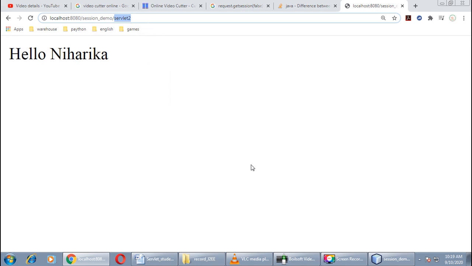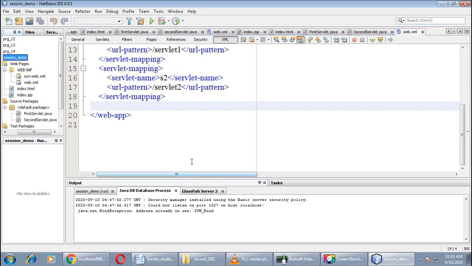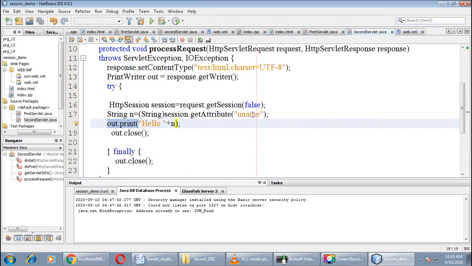Now you can pass on the same information to the next page by the setAttribute and getAttribute methods. As we have used the getAttribute method in the second page, you can move the same information to the third servlet page, and you can get the same information through getAttribute in your third servlet page.